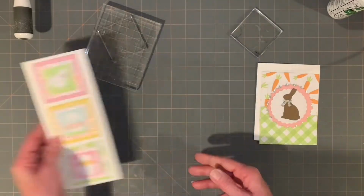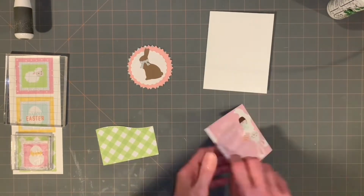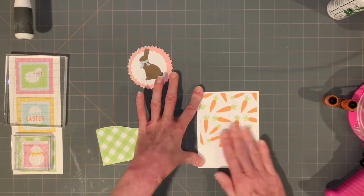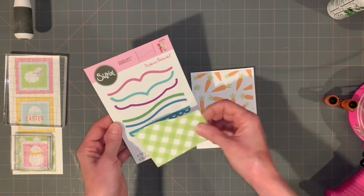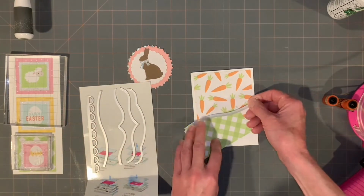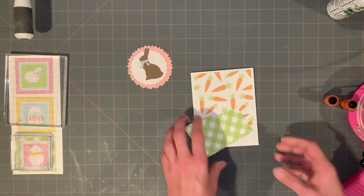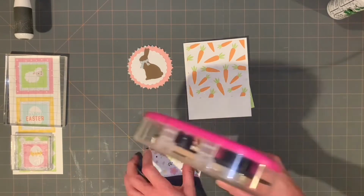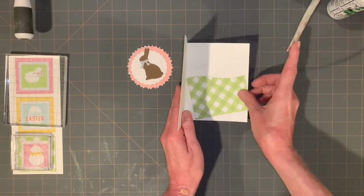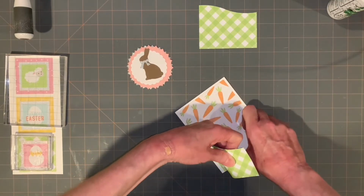So the next card, I used the carrot print paper, and then that, I guess, looks to me like a basket weave. Absolutely love that green and white paper. I use it a lot throughout the card. And this is a Sizzix die, just showing that real quick to show you how I got that little slope. I'm not sure if this is available, but it probably still is. I'm sure you could find it on Etsy or eBay, probably at a really good price because it's an older die. So I just thought that gave a nice little angle,